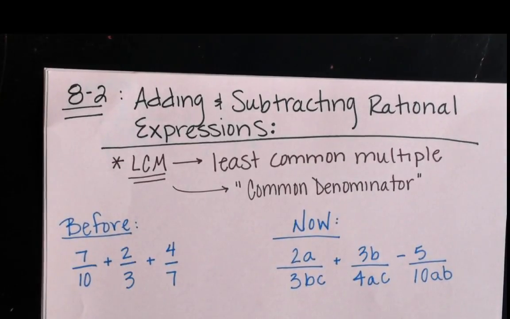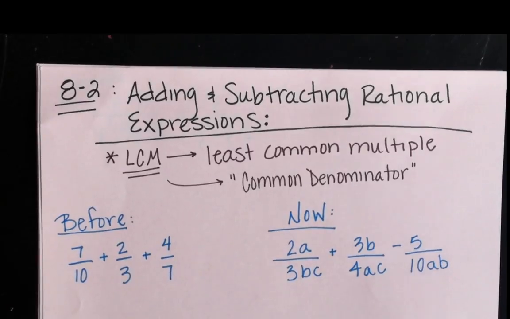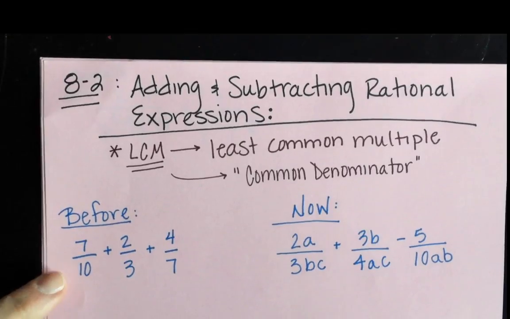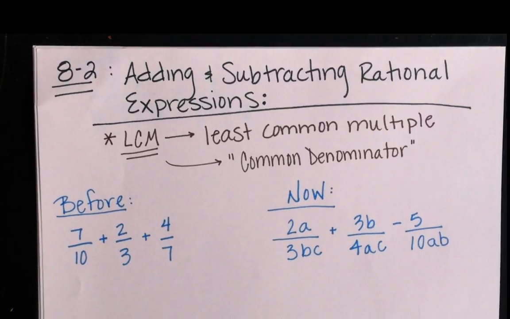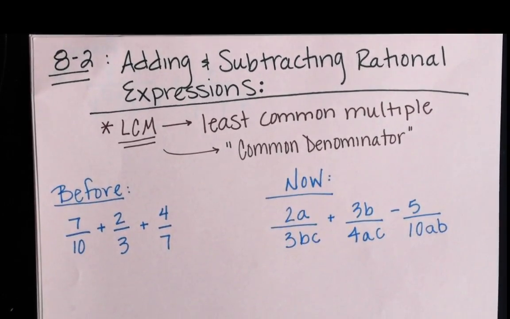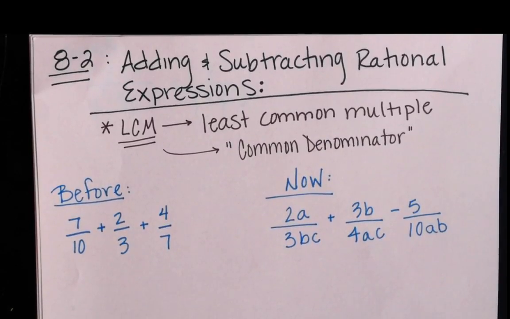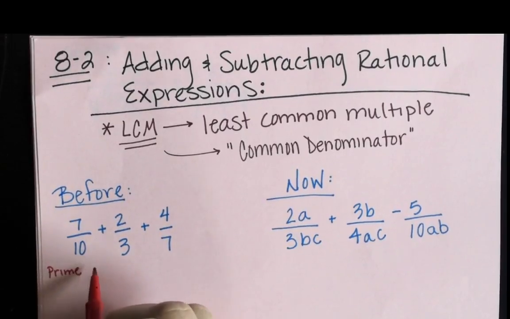We used to do factor trees where we did prime factorization. But it is the common denominator. And in most cases, it's going to be what do we want that's the same throughout all the denominators. So before, we used to be able to go through 10, 3, and 7 and find what was in common between them, and a lot of times it was just mental math. We wouldn't look to write anything out unless the numbers got bigger. But when we think of the prime factorization that goes behind